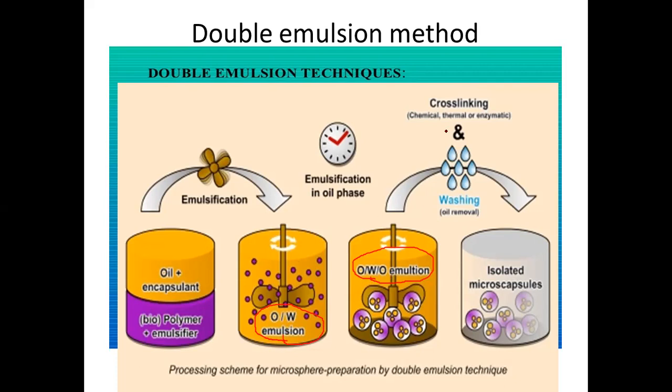And the same process, cross-linking as well as washing, will give us isolated microcapsules. Only the double emulsion technique is used for the polymerization purpose here. So these are the polymerization techniques